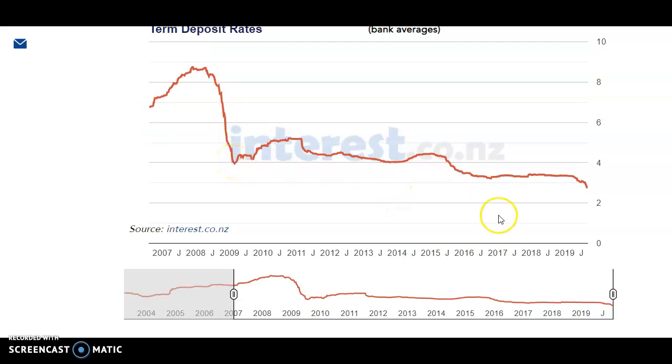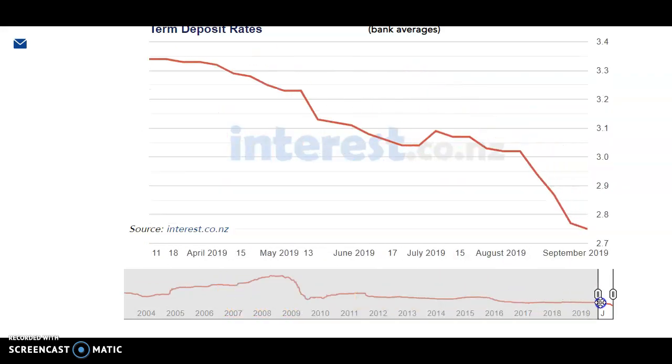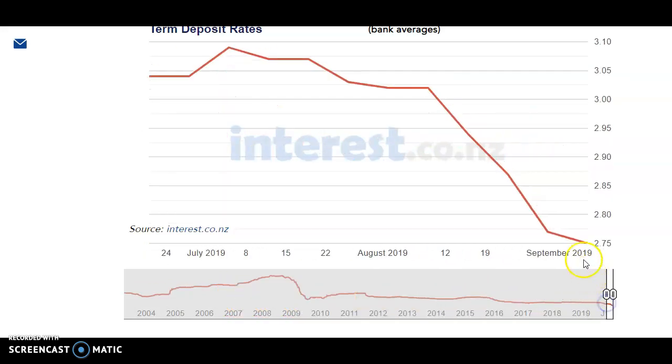At its lowest, it was down to 3.96. We're even lower right now, with interest rates at 2.75. The reason they're that low is because our mortgage rates are really, really low. So if you're borrowing, that's fantastic. You can get a mortgage rate around 3.5%. But that always means that saving interest rates are lower, otherwise banks never make money, and that's not what they're in business for.